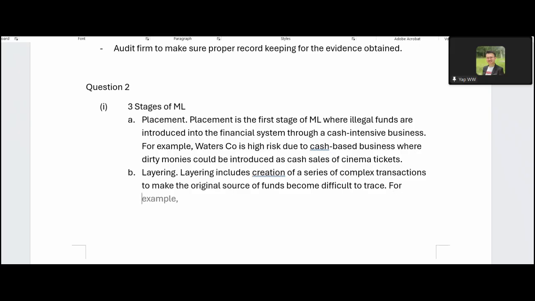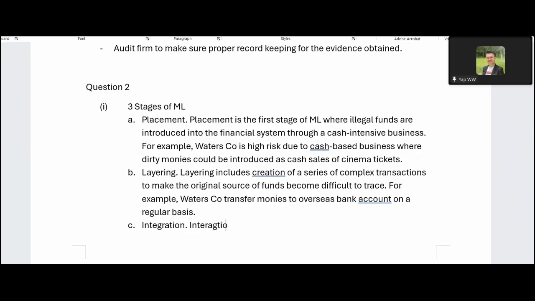For example, Water Score transfer monies to overseas bank account on a regular basis. C. Integration. Integration